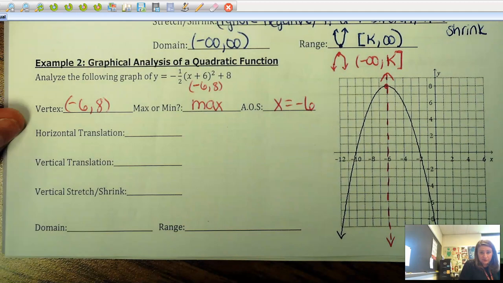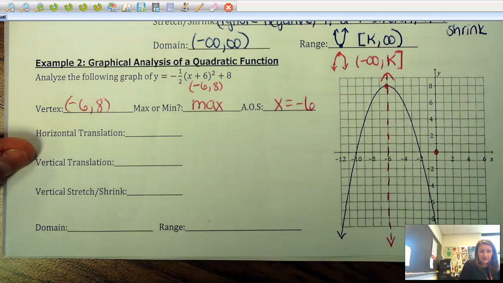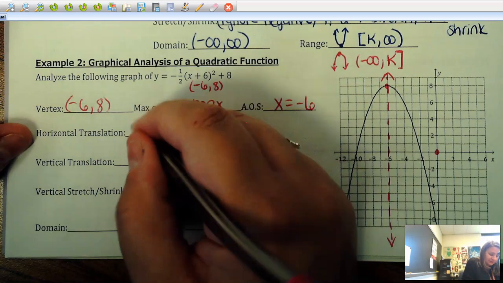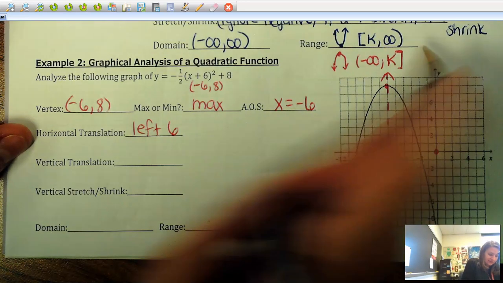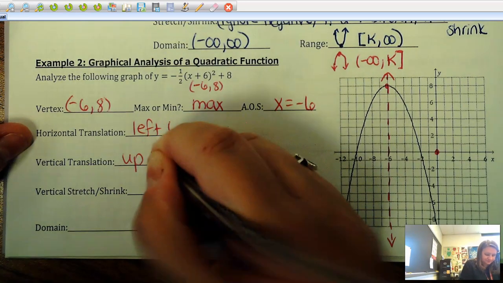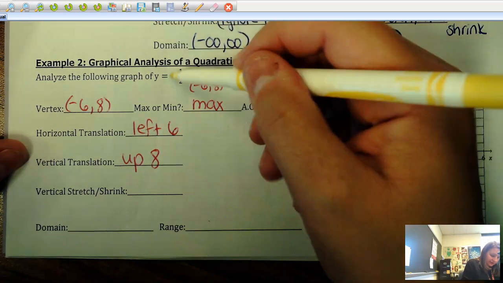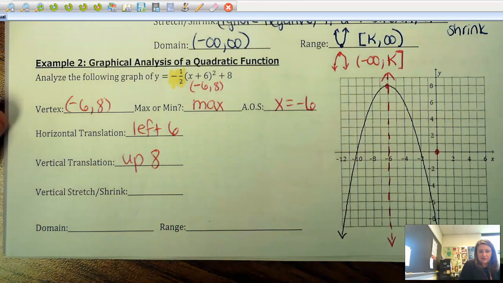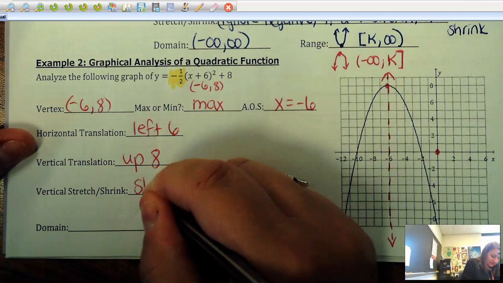Now, your horizontal translation, we're thinking about from the parent function, which would be y equals x squared. So that would have a vertex at 0, 0. So the horizontal translation is that I'm going left 6, and then the vertical translation is that I'm going up 8. Now, the vertical stretch or shrink, if you guys look here out in front, remember we're going to ignore the negative. The negative just tells you it goes upside down. That's a reflection over the x-axis. But because this is a 1/2, this is going to be a shrink,